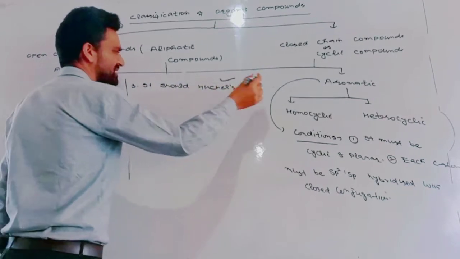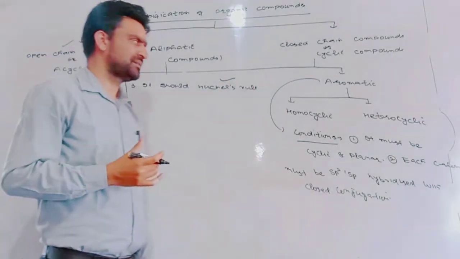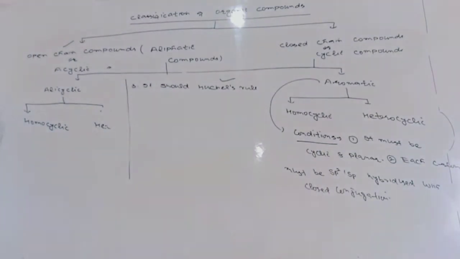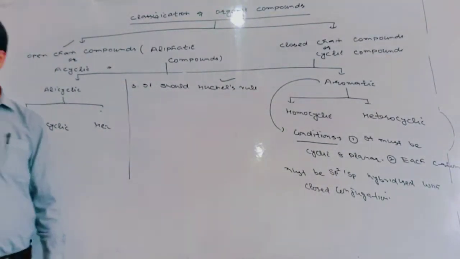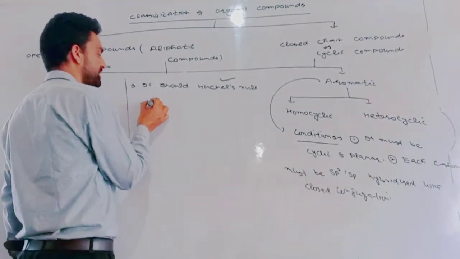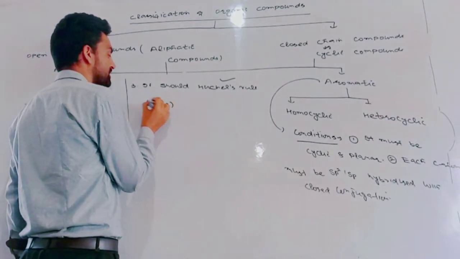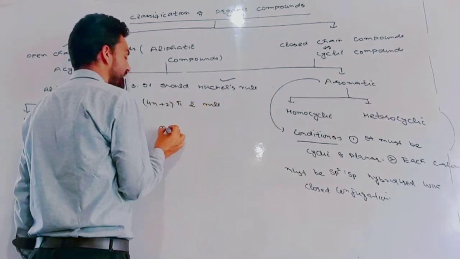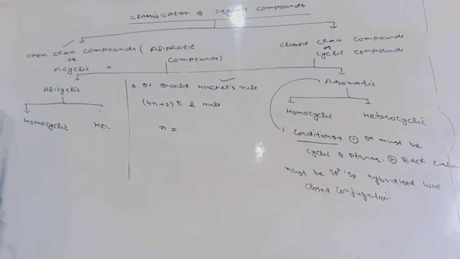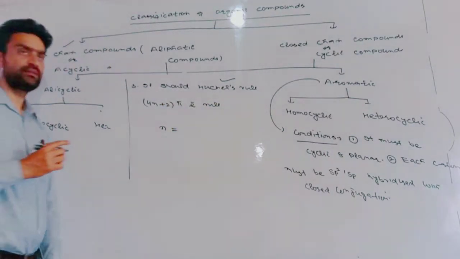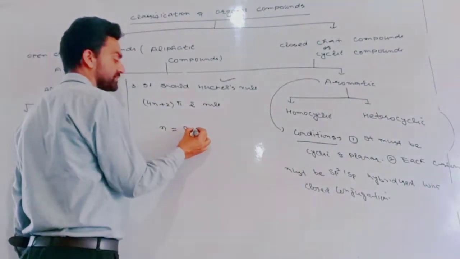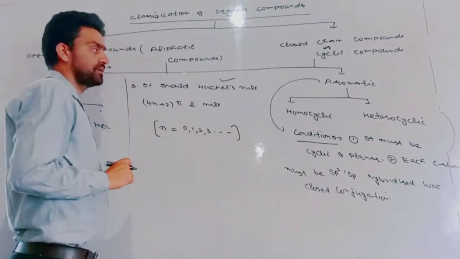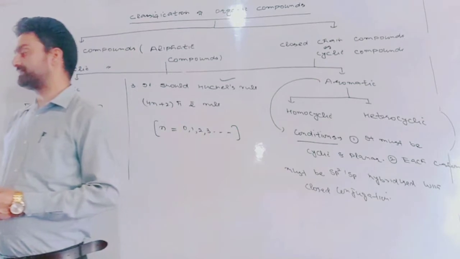We have to go through this aromaticity in detail, right? But in GOC, general organic chemistry, it should obey Huckel rule. What is Huckel rule? It is the 4n plus 2 pi electron rule. What should n be equal to? It should be a whole number. These are aromatic compounds.